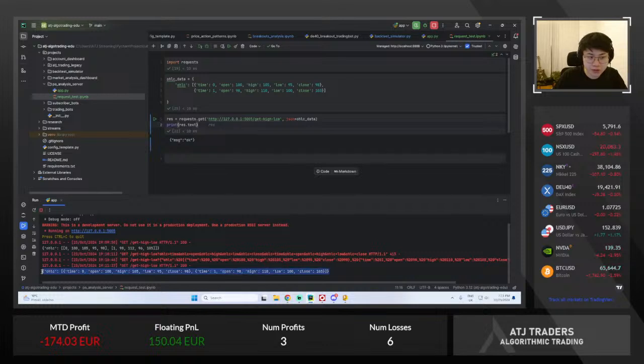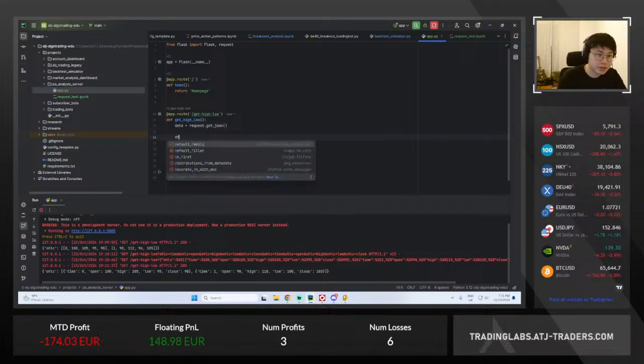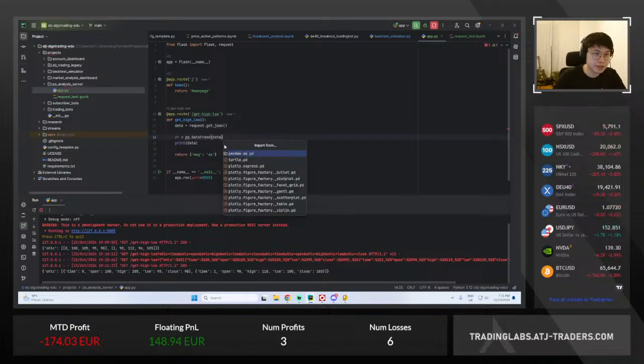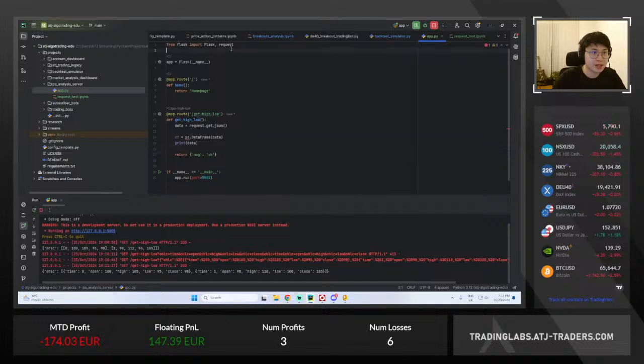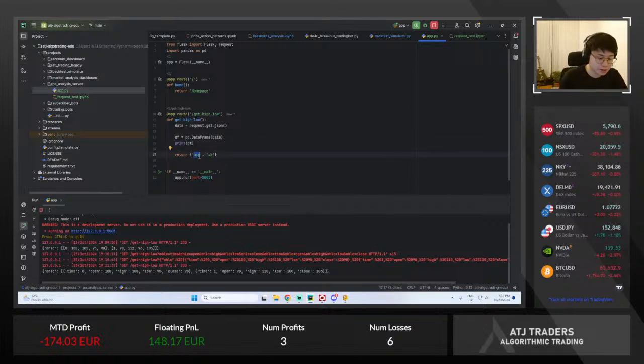And yeah, now we look down here and we see that the OHLC data that I have here has been successfully read by this file. So now our data frame df is equal to pd.DataFrame, passing data. So import pandas as pd. Now we print the df, and then